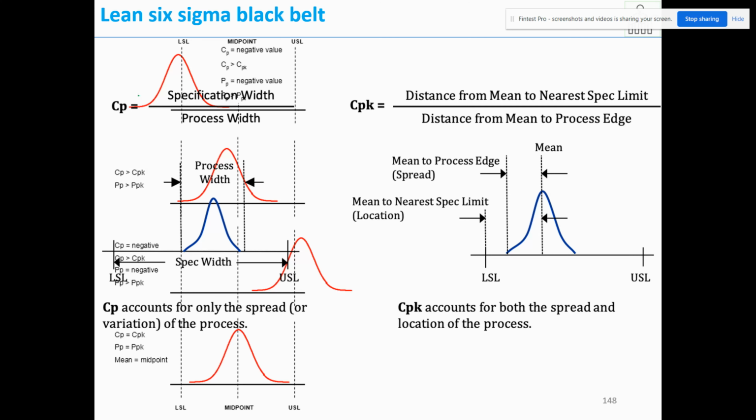Now here, this is the lower specification limit and this is the upper specification limit. Your distribution is here. That means you are producing your process averages on the lower side of the specification, and you are producing undersize as well. Now if you see, CP will have a negative value. CP is greater than CPK. So here CPK will be less because from the midpoint you are deviated. Therefore here CP will be okay, CPK will be not okay.